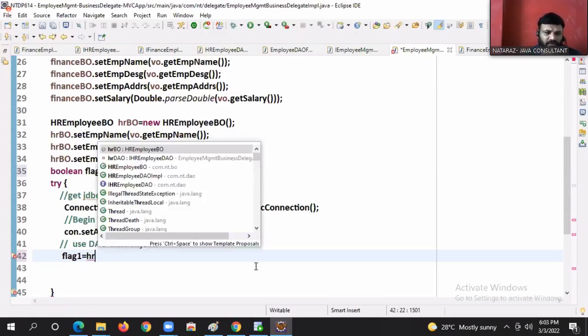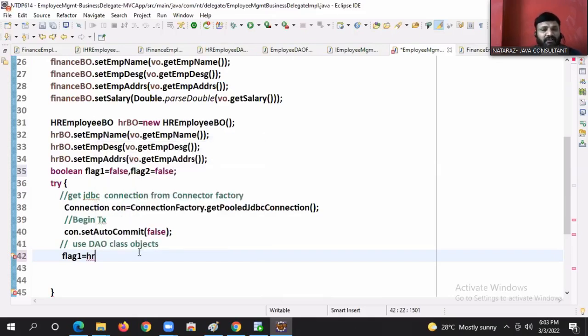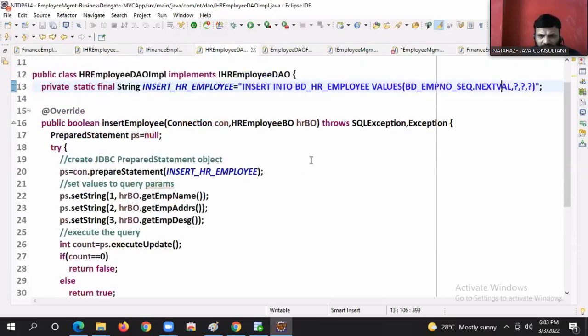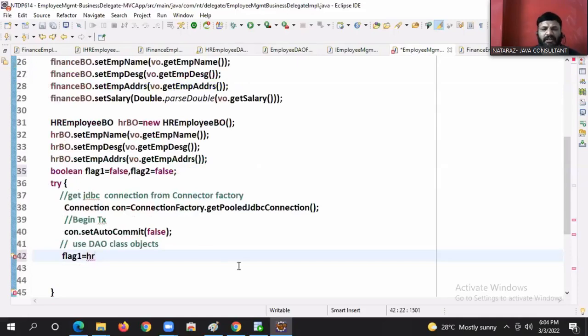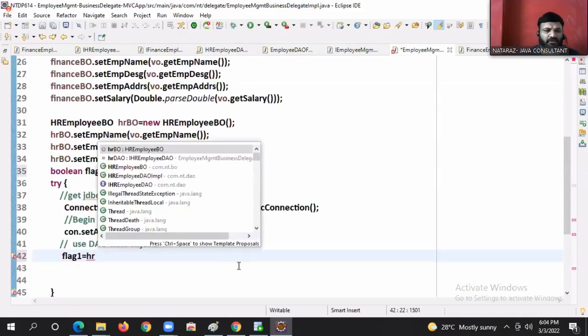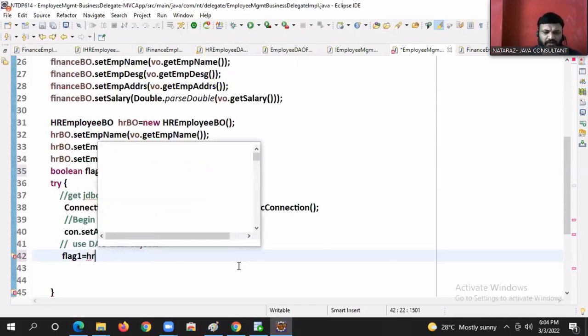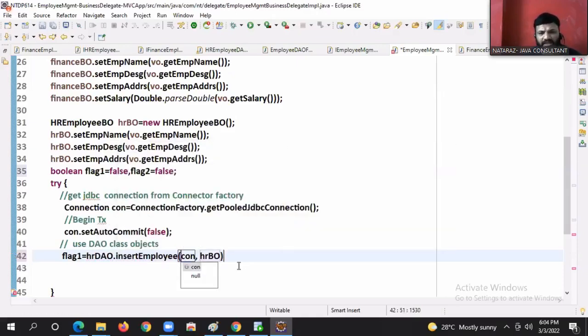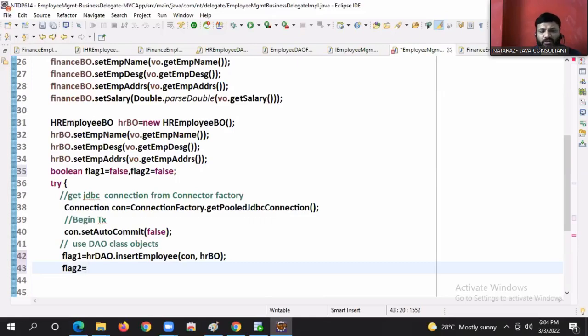HR DAO. First, where am I using next val? In which DAO am I using the next val method, guys? Next val is used in HR. Sure, HR. Let me use HR first. Flag 1 is equal to HR DAO dot insert, connection object, HR BO. Come on. Next, flag 2 is equal to